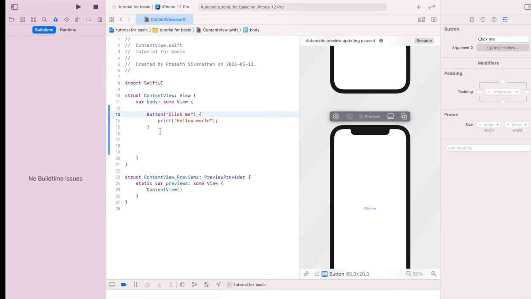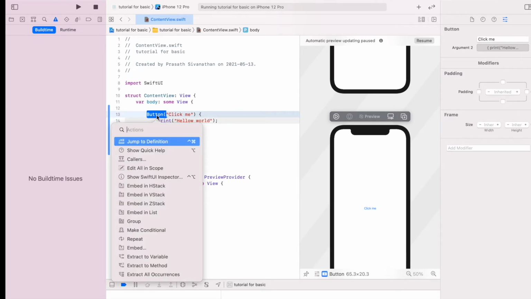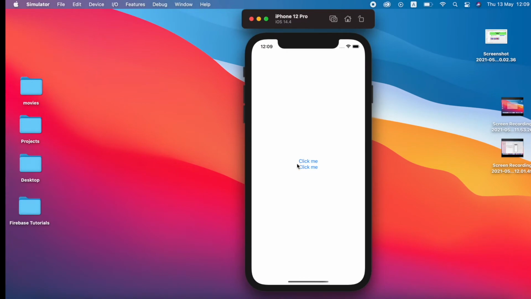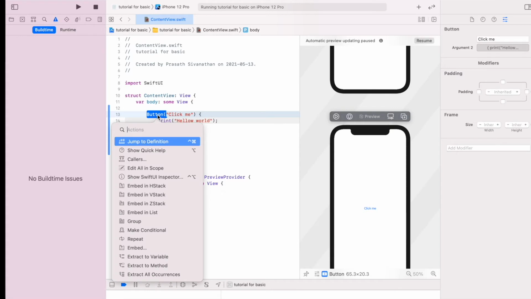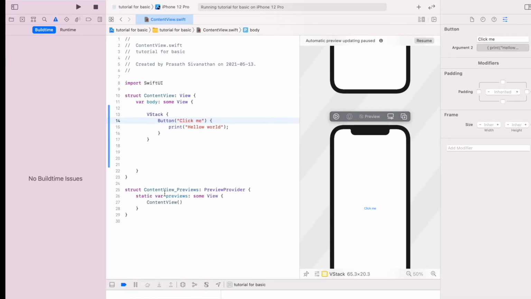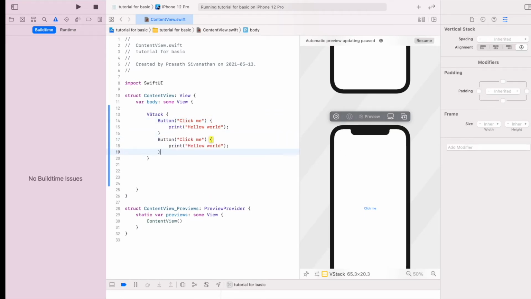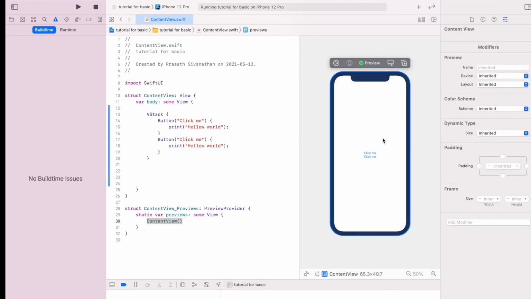and click the button with Control, and there are so many properties. So you can see here embed in HStack, embed in VStack. HStack means horizontal stack, VStack means vertical stack. So in my case, I am going to achieve the same thing which I did before. For that, I click Control and again click the button and click vertical stack, and again paste my code which I cut before and resume the GUI. See, that will appear in the same GUI.